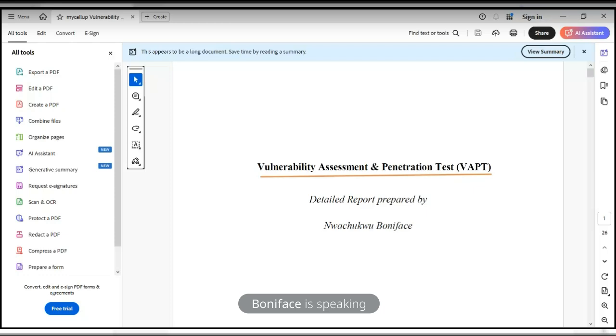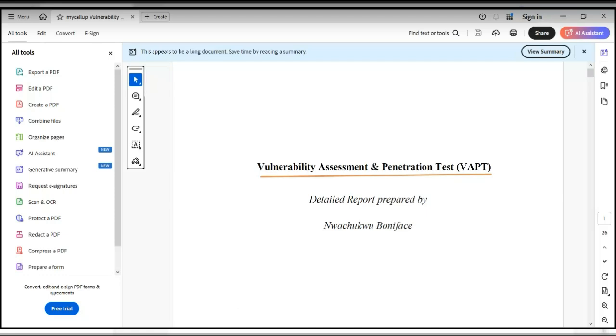What do I mean by evaluate? You want to assess the potency, like how bad is this vulnerability? So it's a process whereby you can identify, analyze, and evaluate security vulnerabilities in systems, networks,